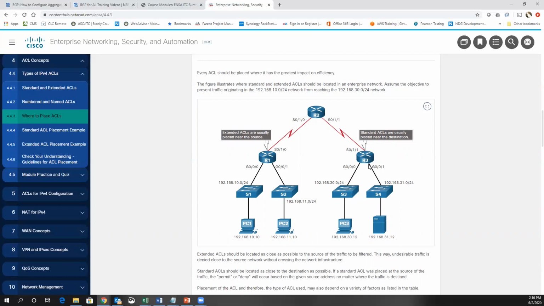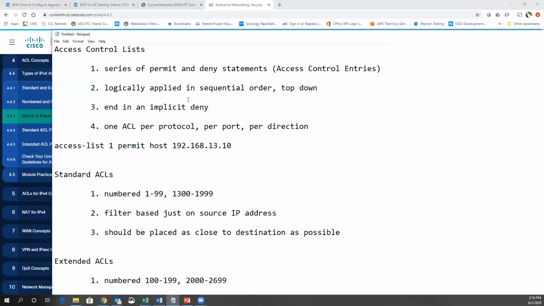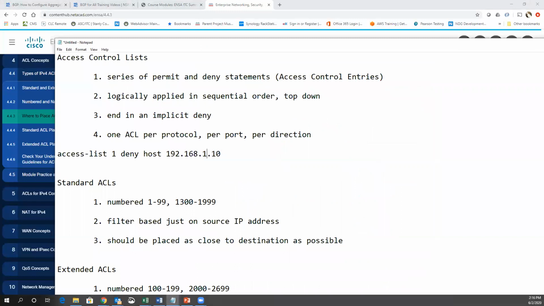but not to the 31 network, you could apply the standard access list here to block traffic from the 10 network. Now, the problem with that is, quite honestly, there's a bunch of problems with standard ACLs, but one of the reasons you can't put it here: look at the 31 network and the 30 network. Let's look at the standard list here, and let's deny host. This is going to be 10. So let's do deny host 10.1.1.10,